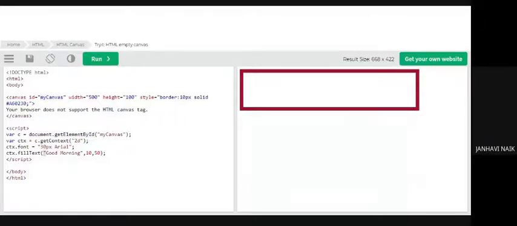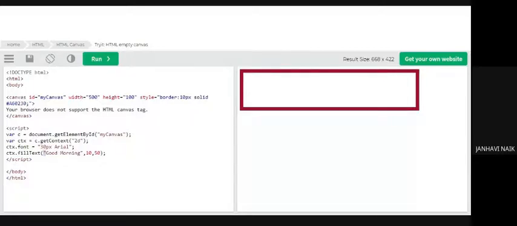I want the text good morning inside the box, and this box name is my canvas, which I have given. So I call that my canvas, the name which I have written over here, in this script. So the syntax is document dot get element by id, because I have mentioned id equal to my canvas, therefore I am calling this rectangle by id.